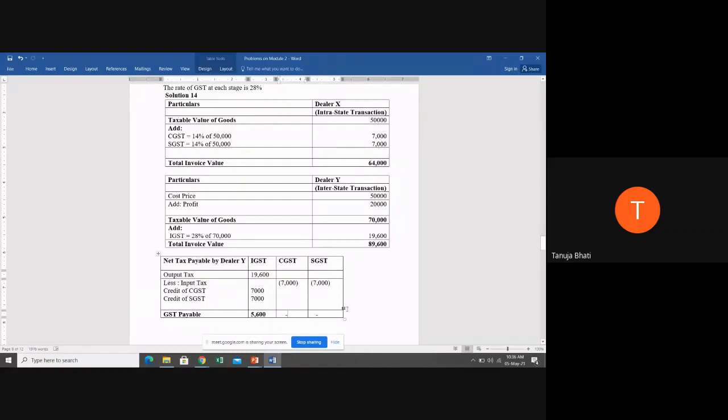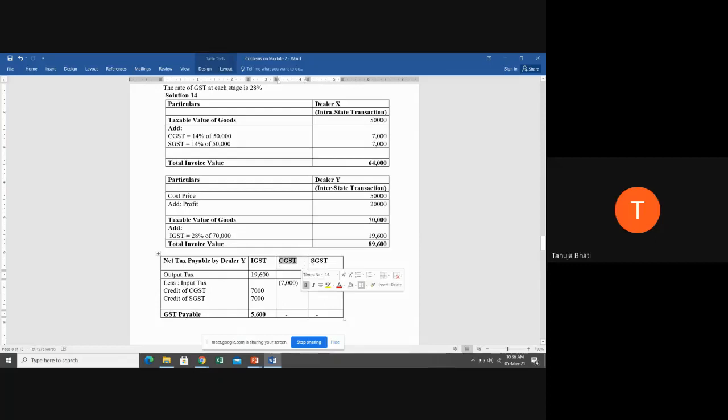Okay. Those who have not understood, let me just repeat. Output tax under different heads will be there, or it might not be there also, like in this case, it is not under CGST and SGST. But input tax credit utilization: first utilize under the same head. If IGST had some credit, first we would have utilized from the IGST head itself. And if it is not under the same head, then you can borrow from CGST or SGST. That is in case of IGST.